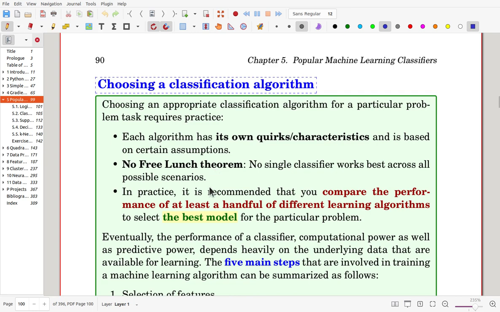This implies that if you want to get a good model, then you have to get it through comparisons. It is always recommended that you compare the performance of many different learning algorithms to get the best one for the particular problem. Let's go to section 5.1,